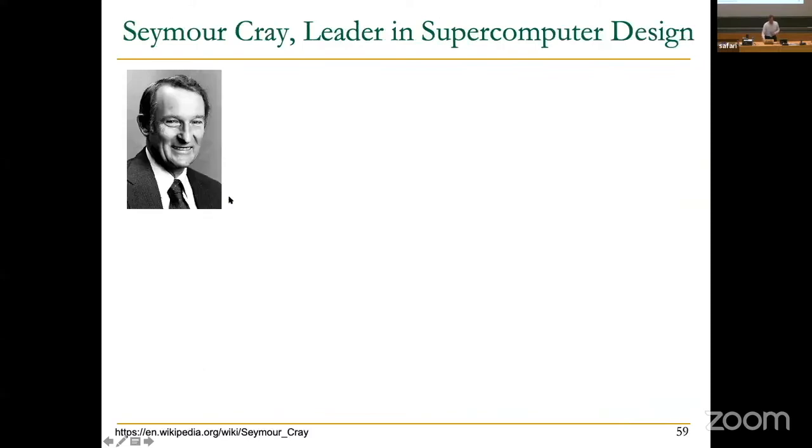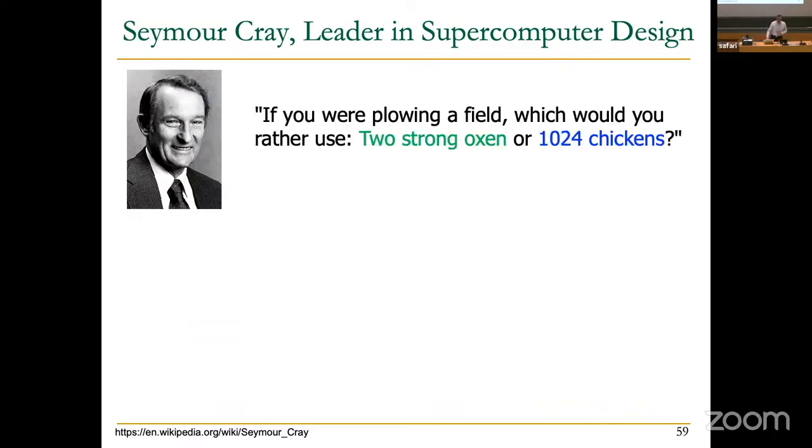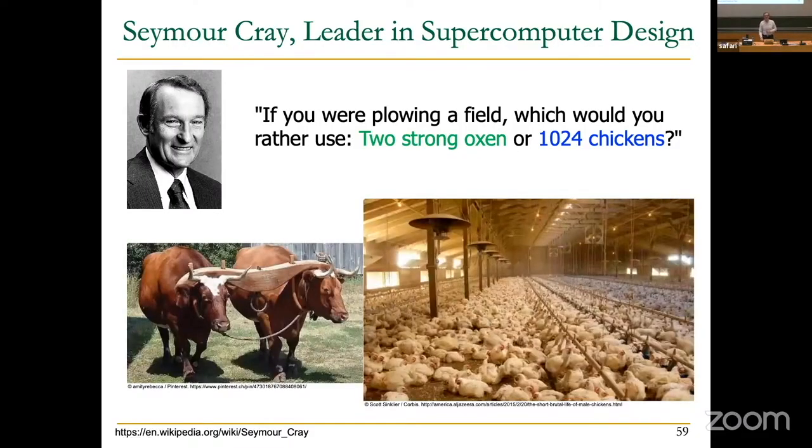Okay, I'll give you a story over here, which gives the idea of Amdahl's law really nicely. Seymour Cray was a very principled designer, if you will. He was an early designer of the supercomputers. And he asked this question, which is always good to think about. If you're plowing a field, which would you rather use? 2 strong oxen or 1,024 chickens? This is a fundamental problem that keeps coming up, right? Do you use 2 powerful single core processors or do you use millions of powerless simple processors? And the answer is,